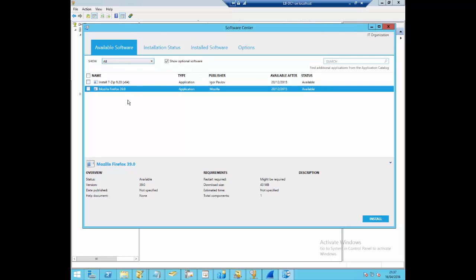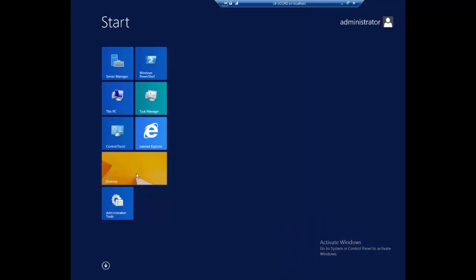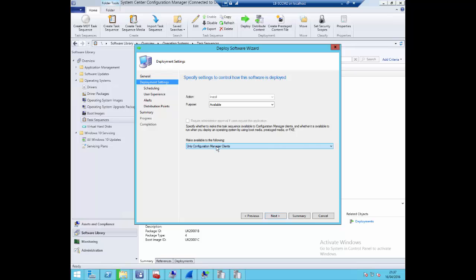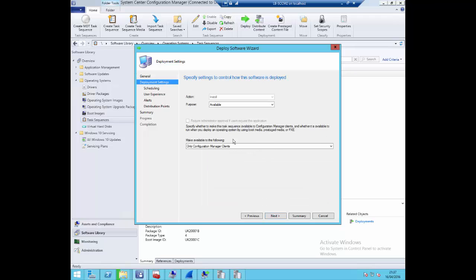Okay, so then they'll see the deployment here. But that is if I've selected the option that makes this available to Configuration Manager client. So I am deploying to a collection that the machine exists in, but this will only be available if they are logged into the machine. But if I say this is available if they are using PXE boot or media, then they will get that deployment. So even though the machine already has an operating system, if the task sequence is deployed to the unknown